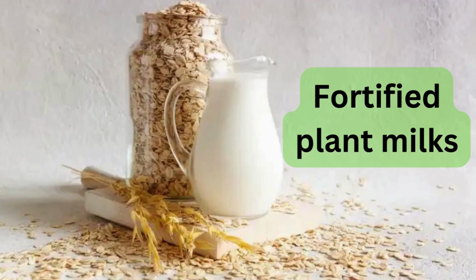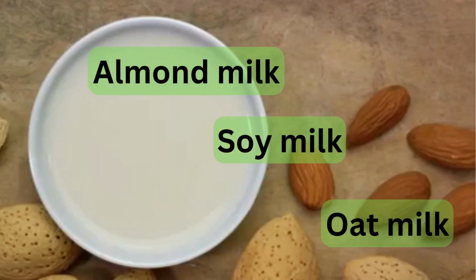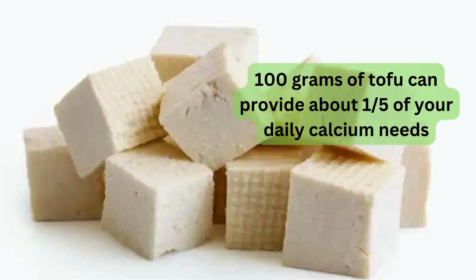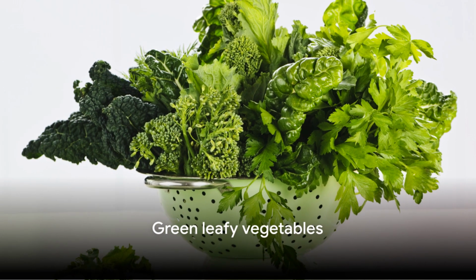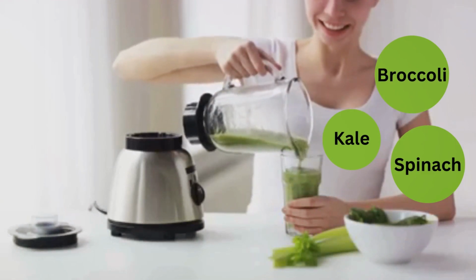Fortified plant milks, for instance, are a fantastic source of calcium. Whether you're a fan of almond milk, soy milk, or oat milk, they've got you covered. Then there's tofu, a versatile ingredient that can be used in a multitude of dishes. 100 grams of tofu can provide about a fifth of your daily calcium needs. Not bad for a humble block of bean curd, right? And of course, we can't forget about green leafy vegetables. Foods like kale, spinach, and broccoli are not only packed with calcium, but also with other nutrients that your body